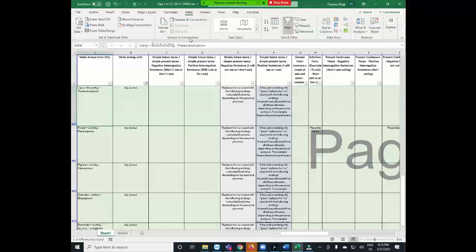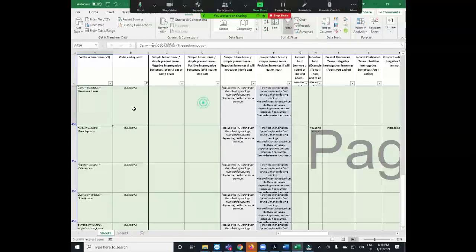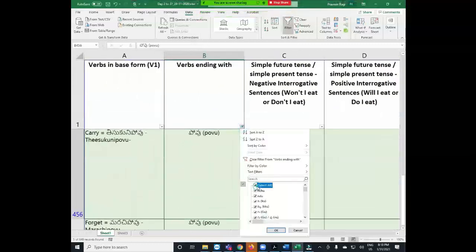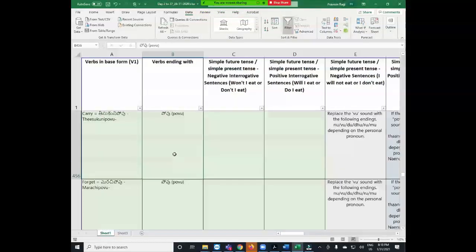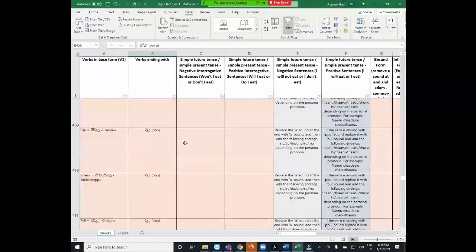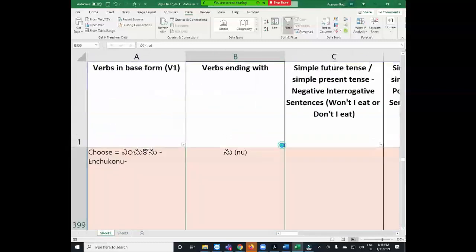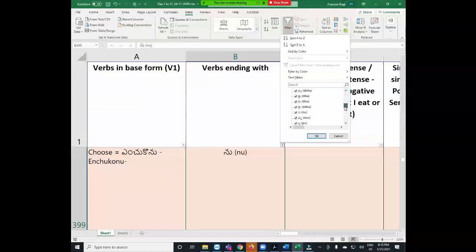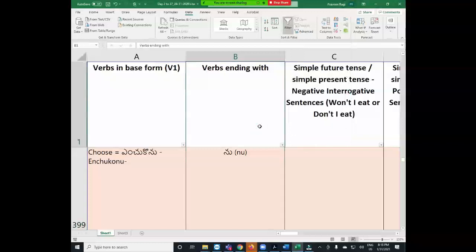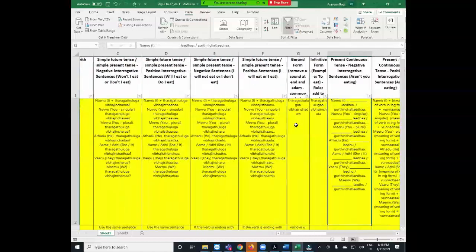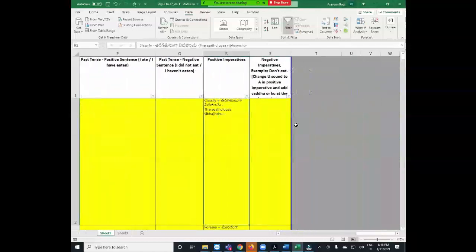Now, when we come to the tense part, for now let's select all the verbs. Now we have all the verbs open. You can see all the verbs with different colors. This is to filter the verbs by any one type, for example, chu or to, mu. So you can sort. Also, if you are going to make sentences using the present tense, let's start from the last column.